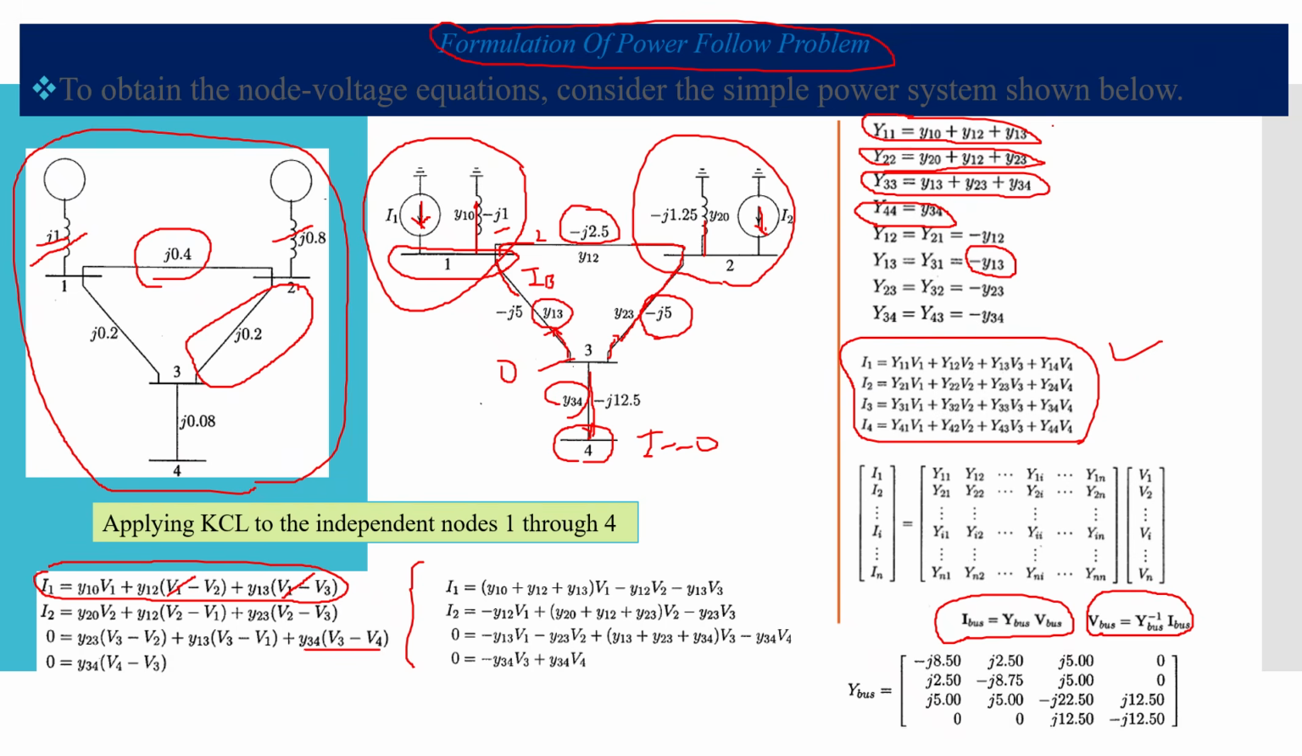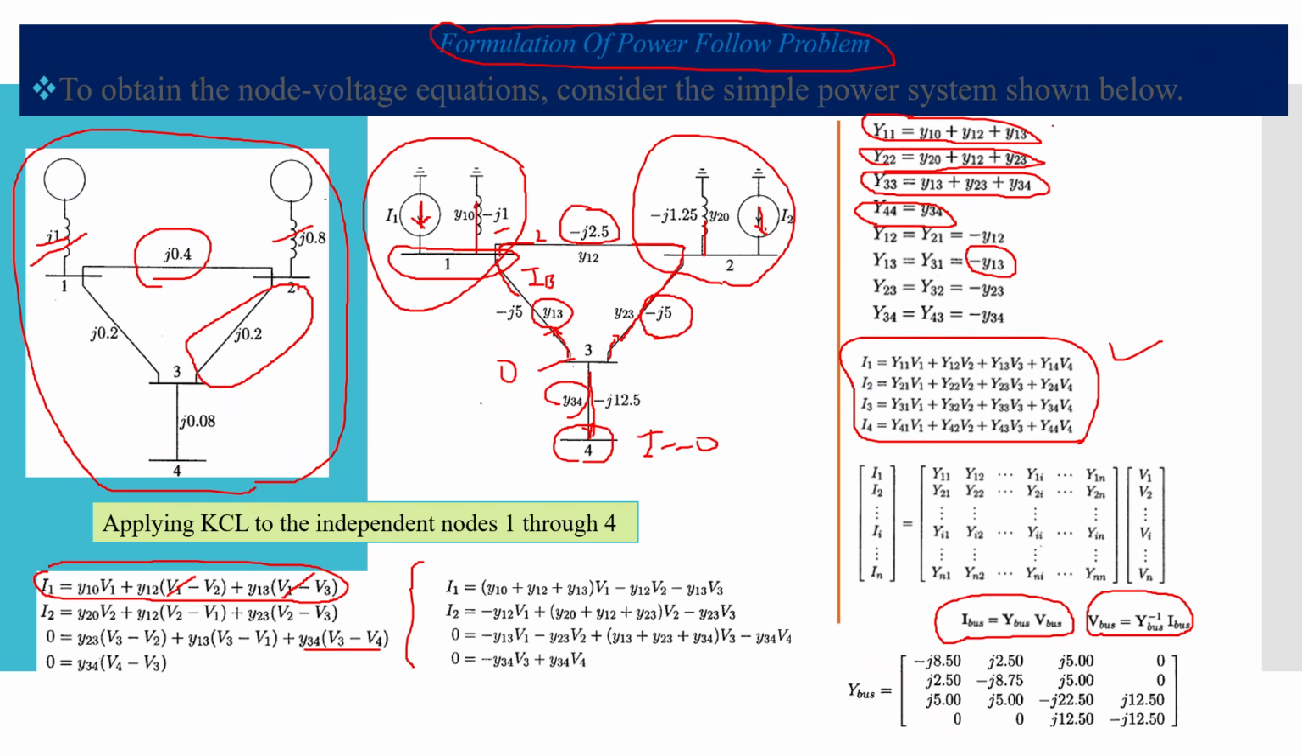For example, Y11 is the summation of all admittance connected to bus 1. Here is Y bus 1. Y11 is obtained as 1 plus 2.3 plus 5, which is 8.5, so minus 8.5. Y12 is the admittance connected between bus 1 and bus 2, minus 2.5. That's the negation of minus 2.5, because the negation is here. So like that, we can calculate all the